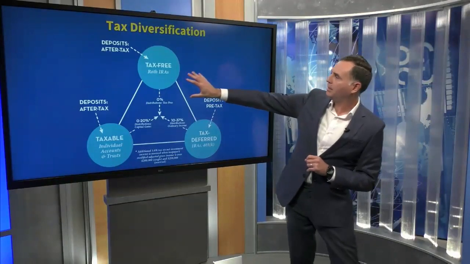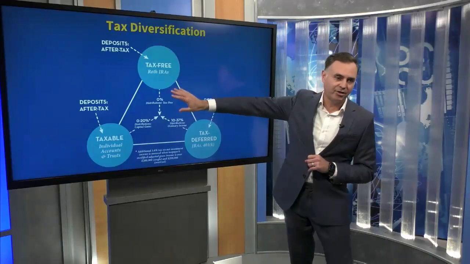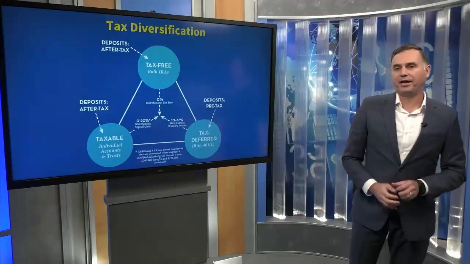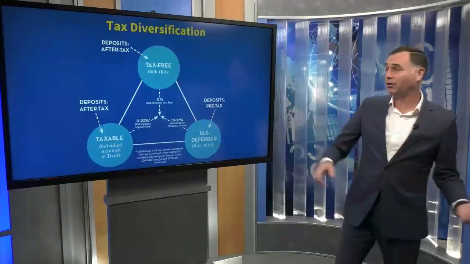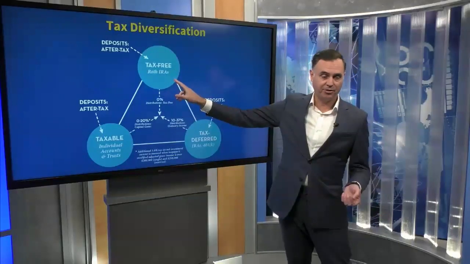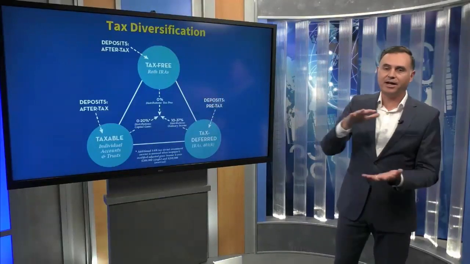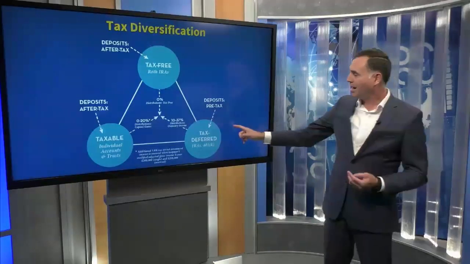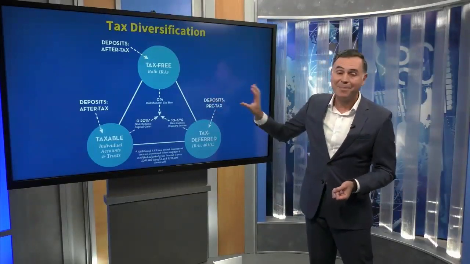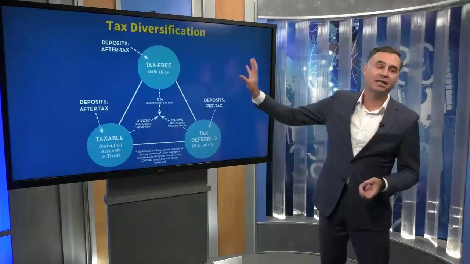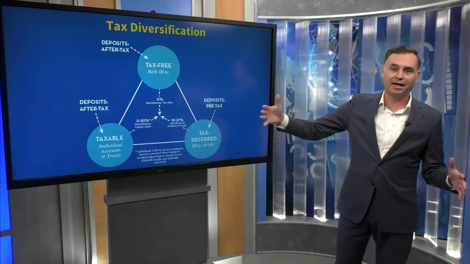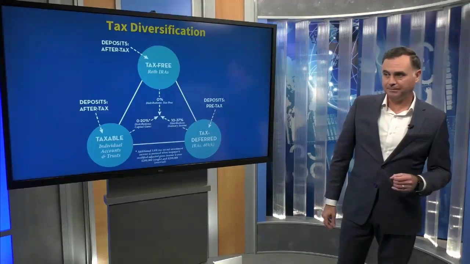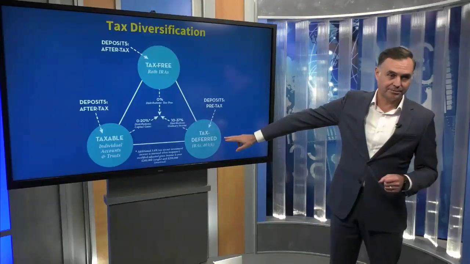So let's say here you haven't accumulated anything in the Roth, and you're past working age, so you can no longer do Roth IRA contributions. Well, let's say you've retired and you've fallen into a lower tax bracket. It might make sense to start converting, paying the tax, and putting money into your tax-free pool and letting that money grow tax-free for the next 5 to 10 years,